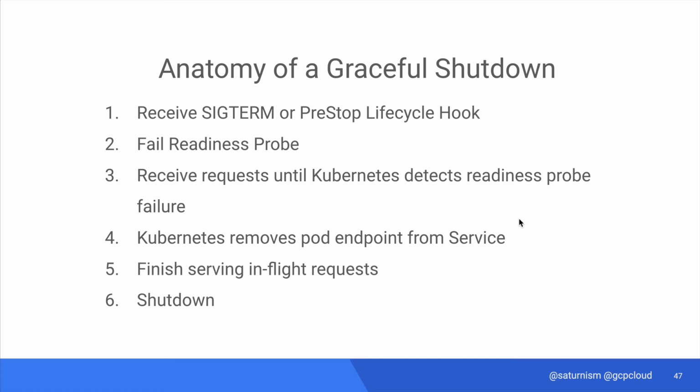Also, by default, Kubernetes will give you some time to shut down, like 30 seconds or so. If you exceeded that time limit, then your application will receive a SIGKILL instead, and it will just be gone. If your application takes longer to shut down, then you should adjust this configuration. It's called the termination grace period. You can increase it so that you have more time to shut down.